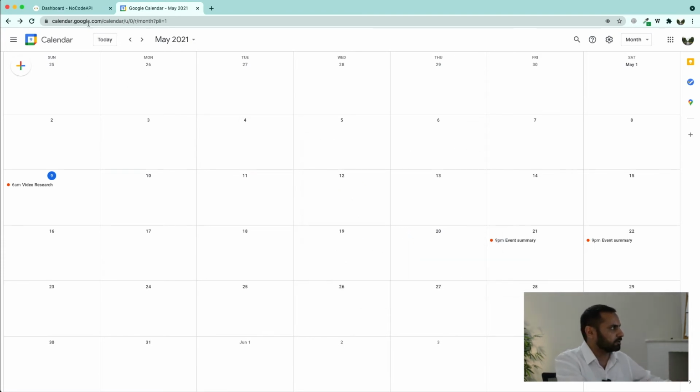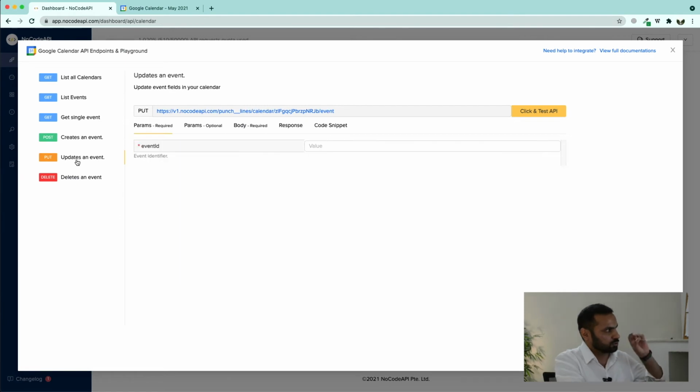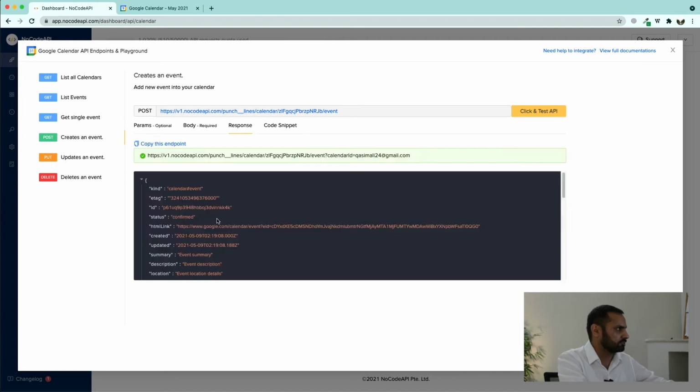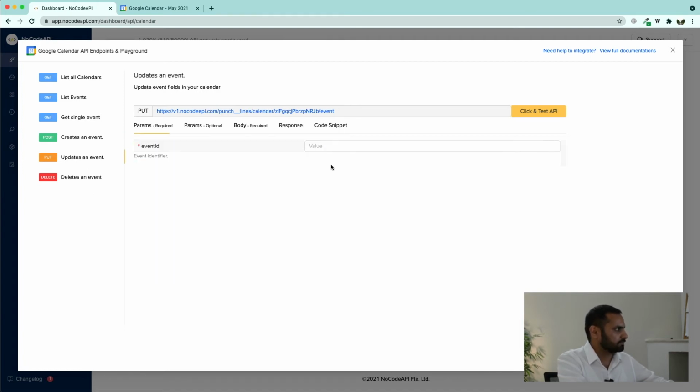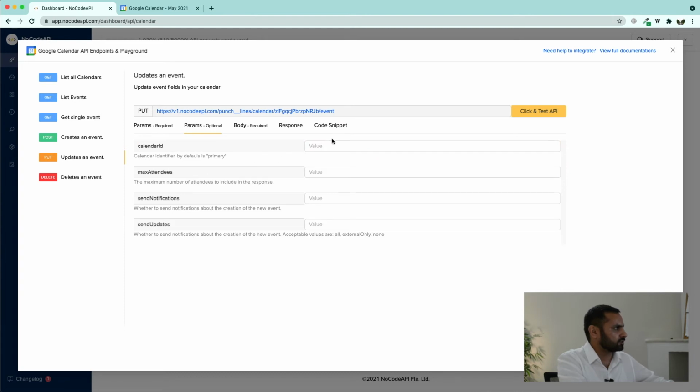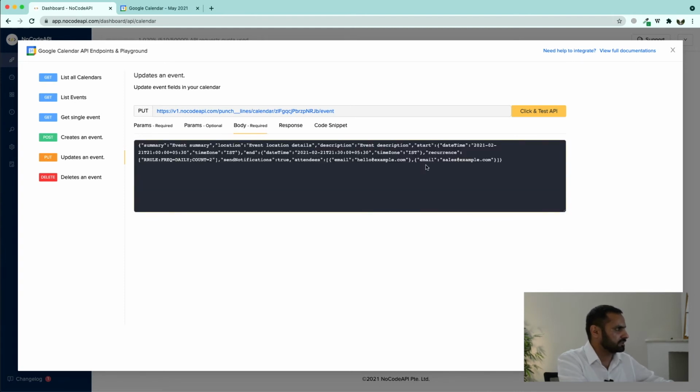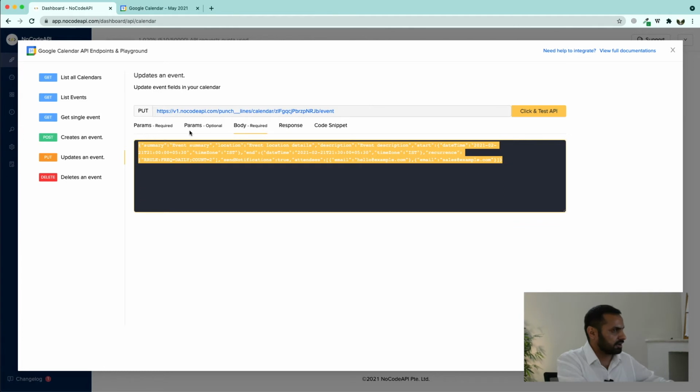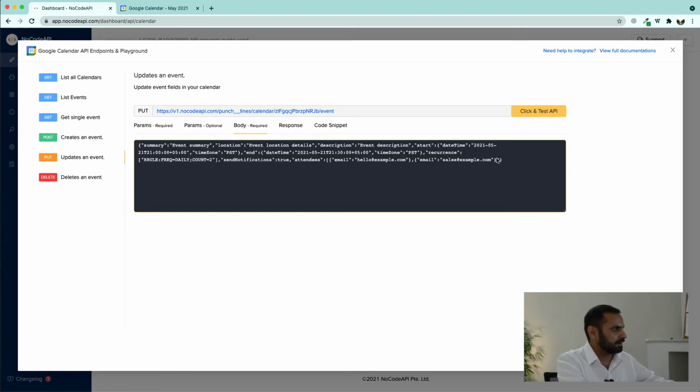I want to update the event which I just added. For that, I'm going to go to put update an event request, and here I'm going to give the event ID which I got from here, copy it, paste it over here, and in the parameters I am going to say that the calendar ID is Qasim Ali, and in the body of this request I am going to put it back, and in the email portion I am going to attach a new email, and I'm going to say new at example.com.